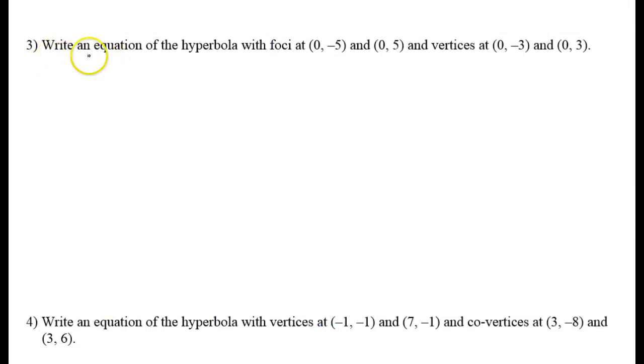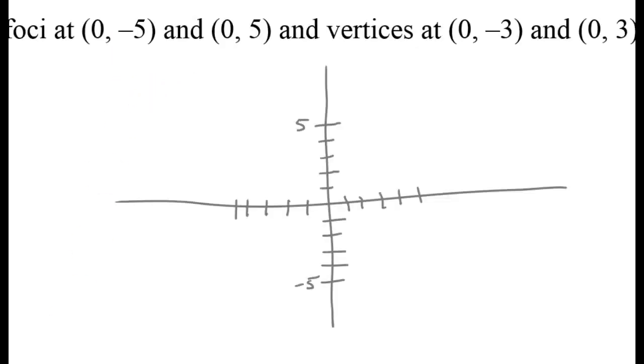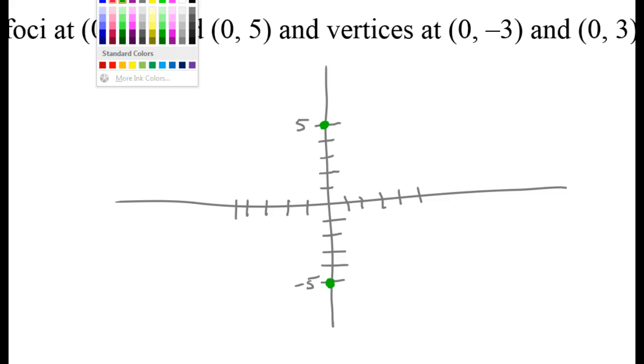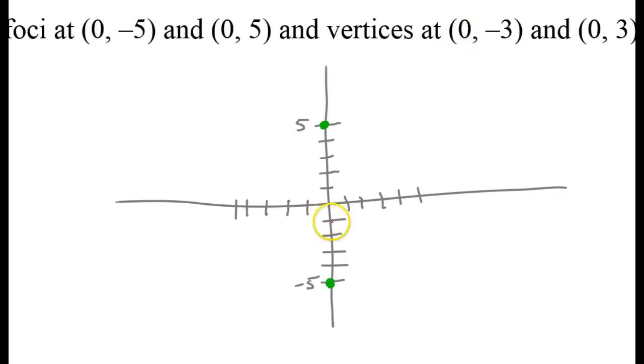All right, for number 3, we are to write an equation of a hyperbola, and we're given the foci, and we are given the vertices. Whenever they give you some pieces of information and ask you to write the equation, you should draw a diagram for sure. All right, we're told that the foci are 0, -5, which would be here, and 0, 5, which would be here. So those are the foci. And then we are given the vertices, 0, -3, which would be here, and 0, +3,